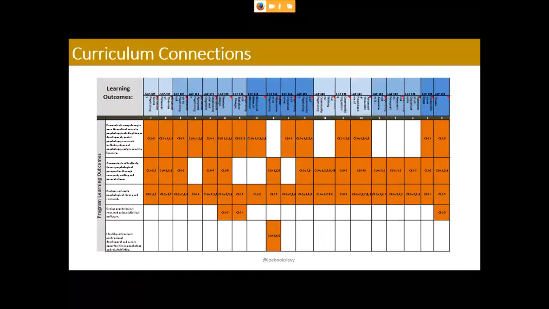And you might think, wow, this one is pretty standalone. Maybe that's intentional. Maybe that learning outcome is just very specific and it's only set up in one course, and that's kind of what that course is set to do. That's where, for me, I don't judge because I'm not the subject matter expert, but that's where, when you have a curriculum map like this, you can ask those questions. Well, should this program learning outcome be showing up in more places? Is this more fundamental to the program than in that one course?